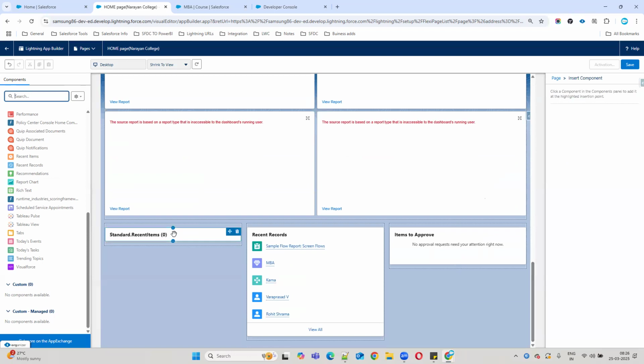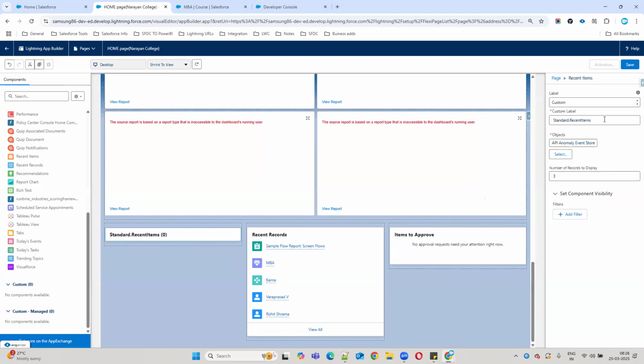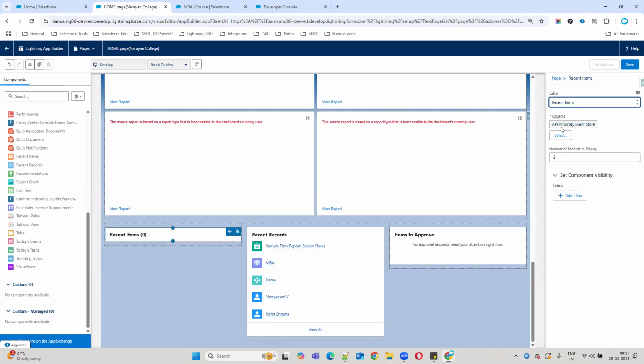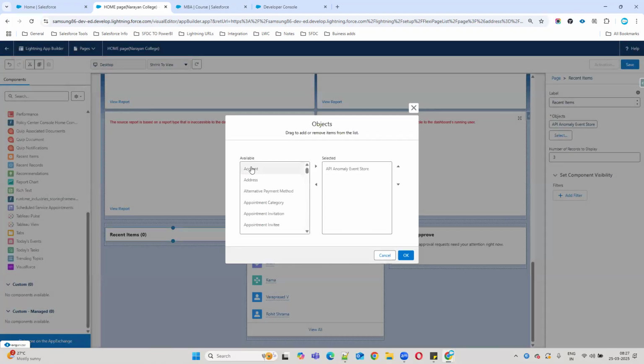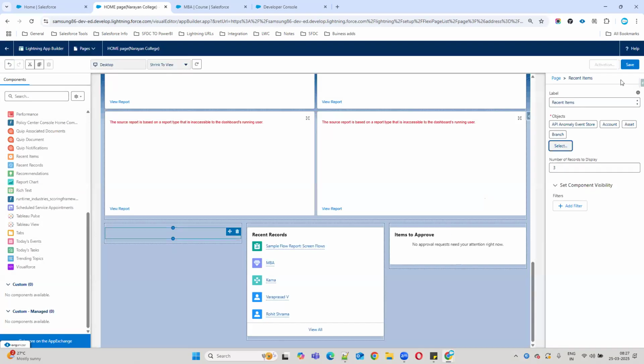So for this recent items, you can select multiple objects now. I'll select recent items. I'll select account, asset, whatever you want. Branch. Okay. Click OK.